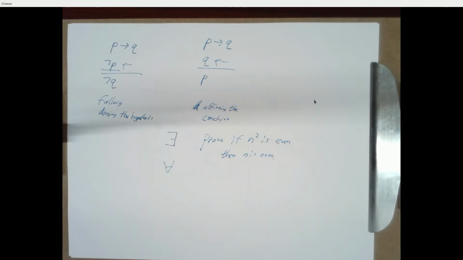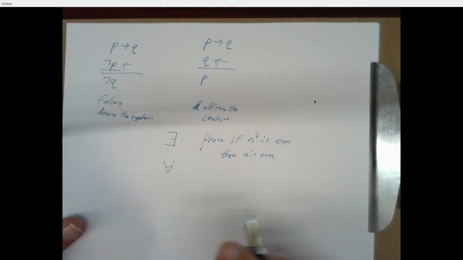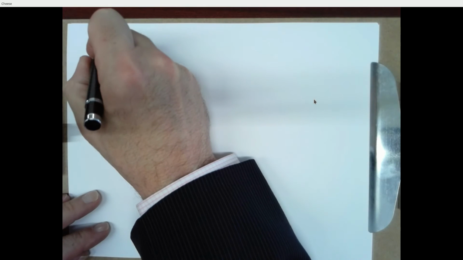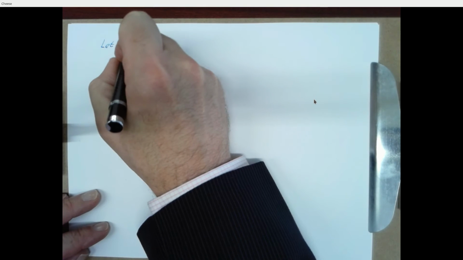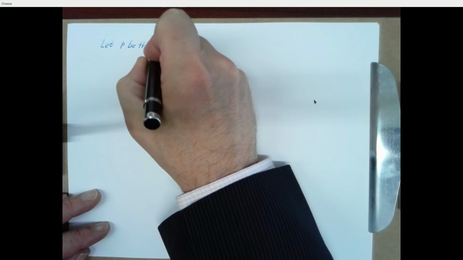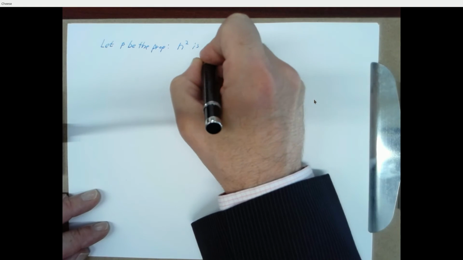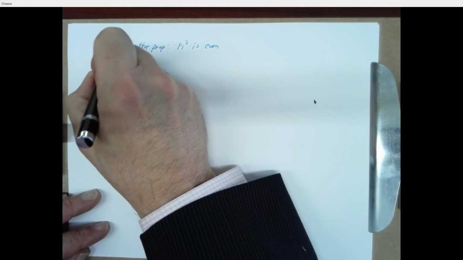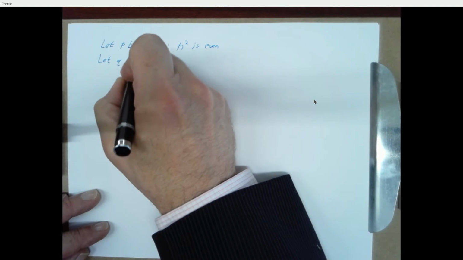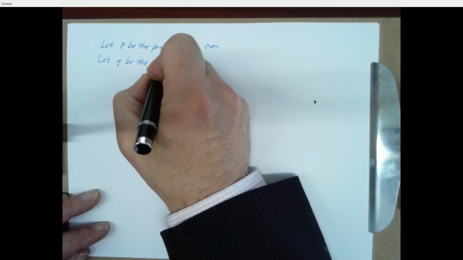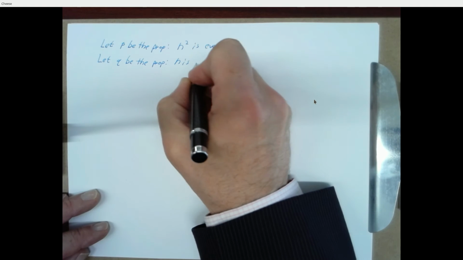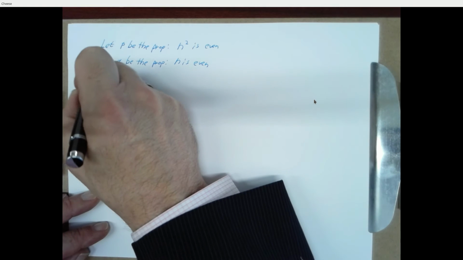So prove that if n squared is even, then n is even. So write this as something in the language of propositional calculus. Let P be the proposition n squared is even. Let Q be the proposition n is even. And we want to prove,